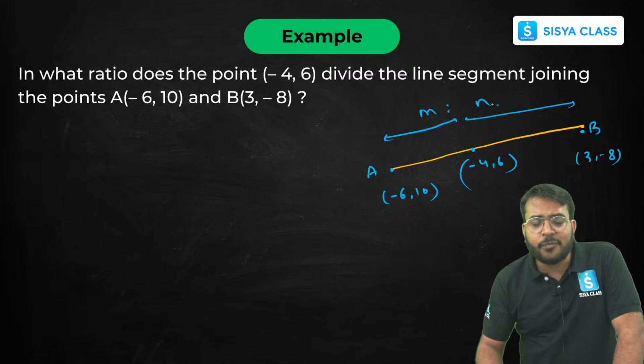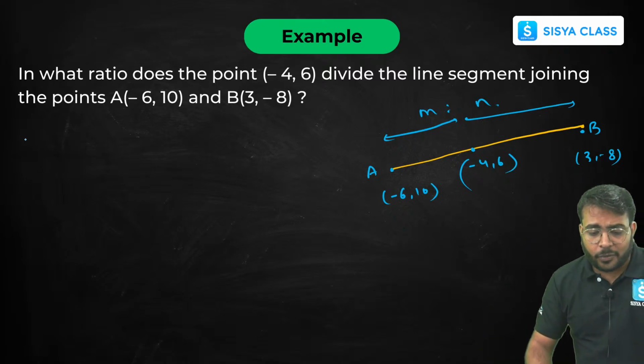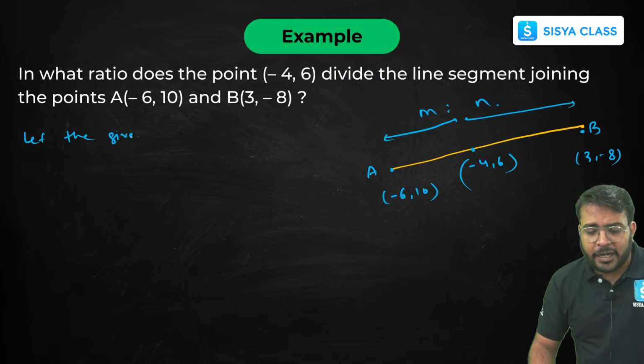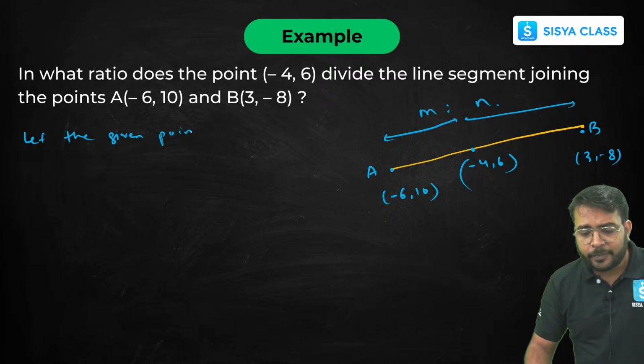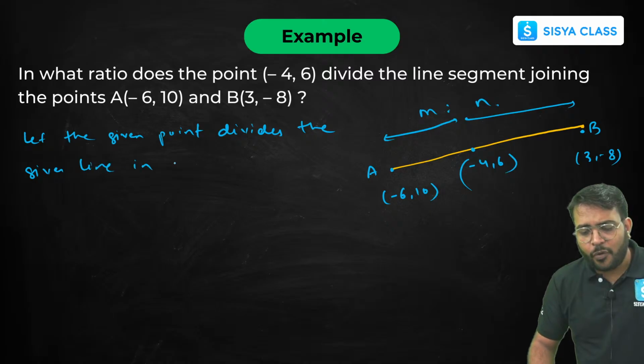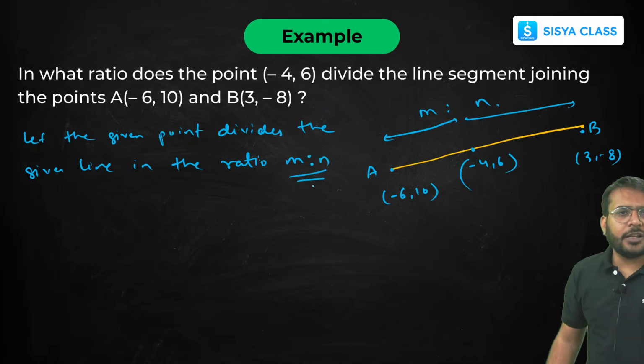यस और नो। Let the given point divide the given line in the ratio m/n, in the ratio बेटा m/n, ओके फाइन, ठीक है।